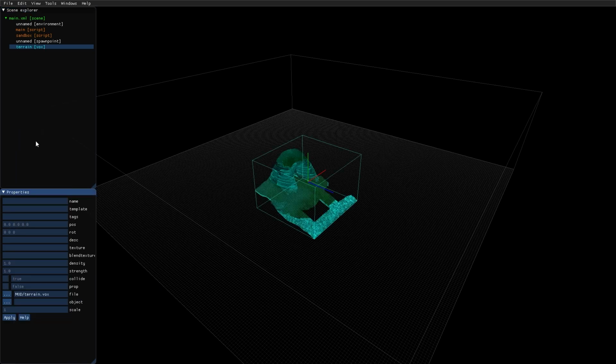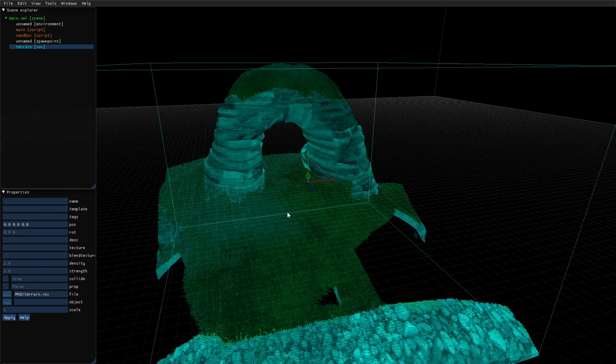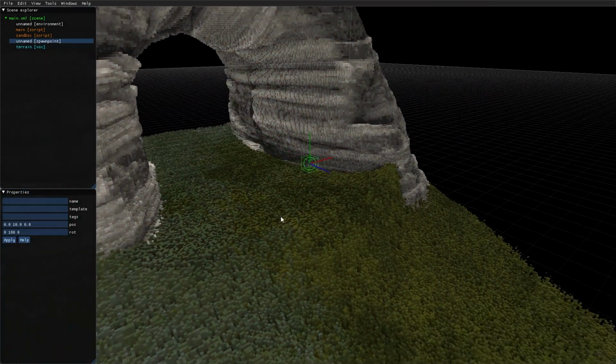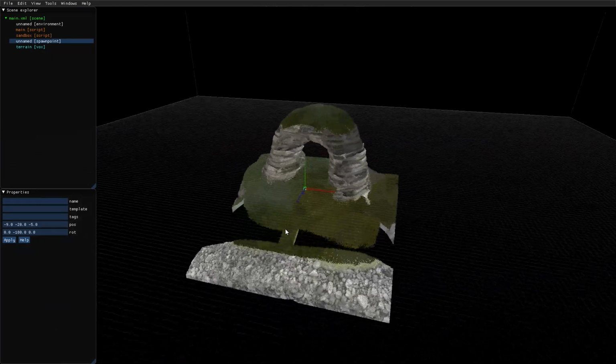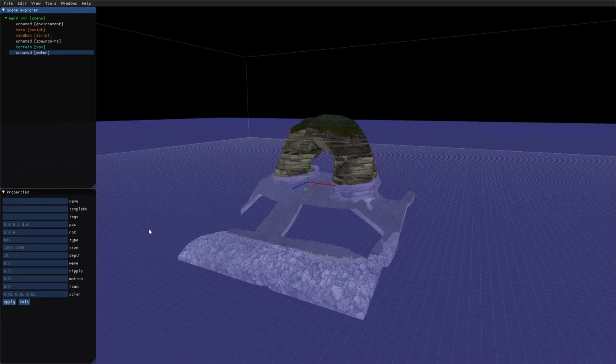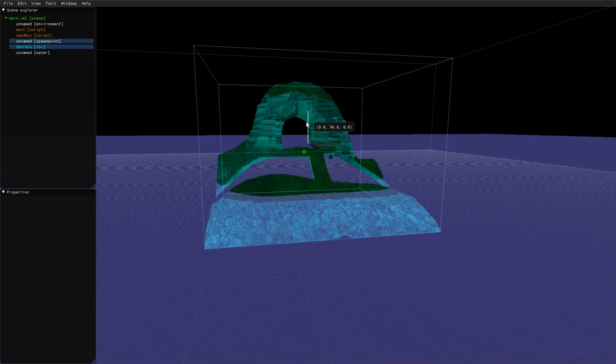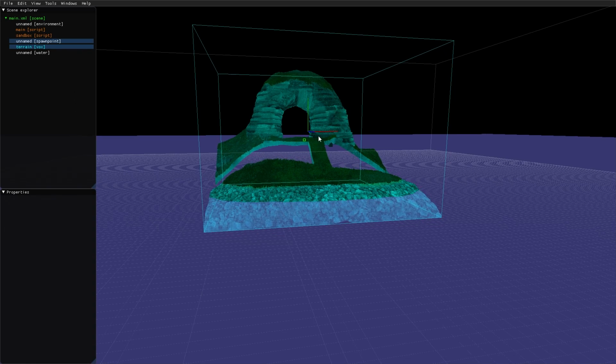Mod folder, the terrain. Look at that. There it is. The start position there. Maybe add some water. Okay, let's bring up the spawn point and something like that. Let's take a look.